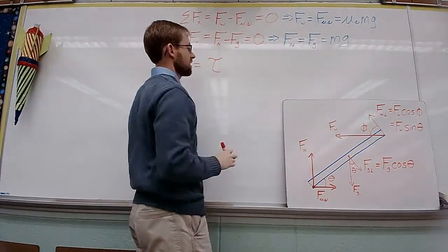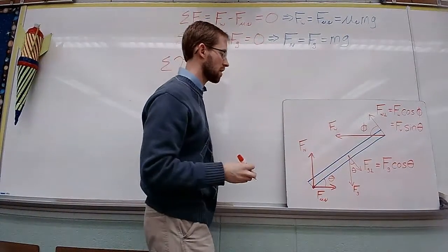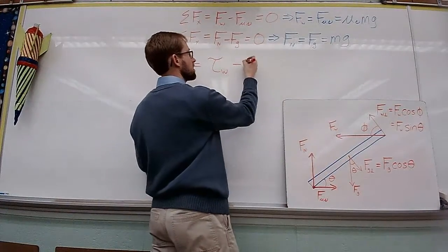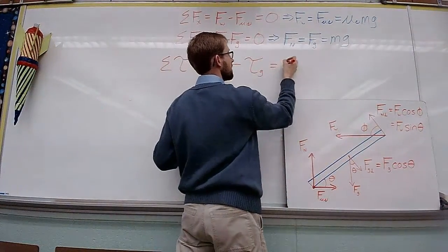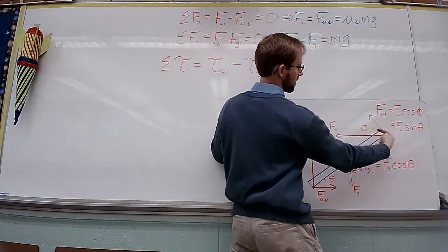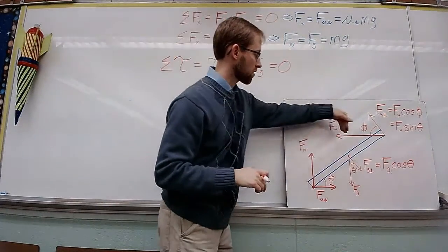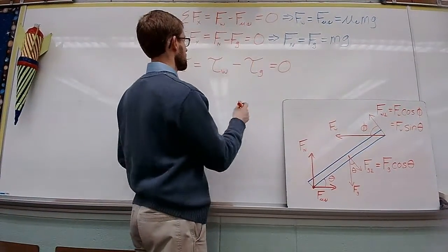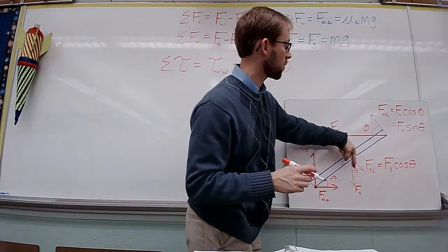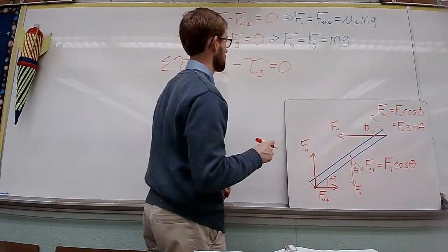So we've got to do the torque for everything going counterclockwise minus everything going clockwise. Counterclockwise is going to be the wall. Clockwise is going to be gravity. Why? Because counterclockwise is this direction, and that's the direction the wall is pushing. Gravity is trying to make it go clockwise, because it's pulling it down. If gravity would win this battle, it would go like this, and that's clockwise.